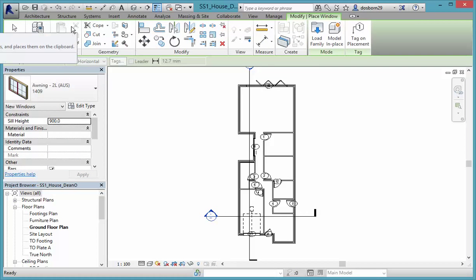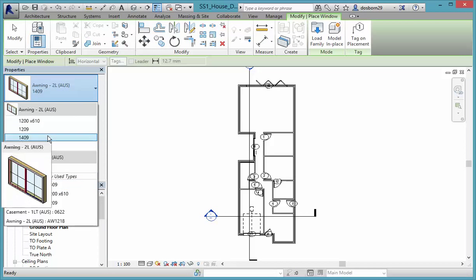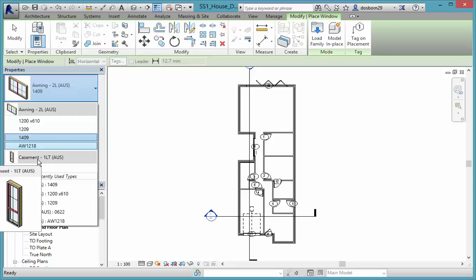So which window am I going to start off with? I think I'm going to need to have a look at the Windows schedule for that as well, but I'm going to start off with window number 1, which is 2020 to 2480. Let's see what we've got in there. Have we got that in there? I think it's this one here, which will be our front windows. So let's just select that one there,